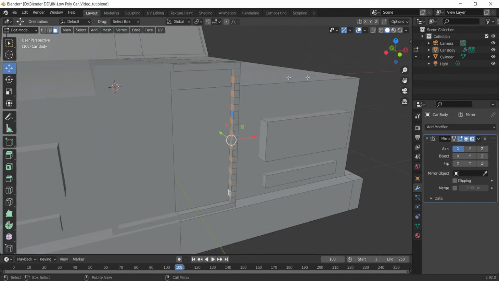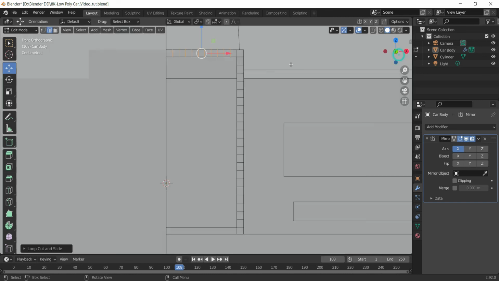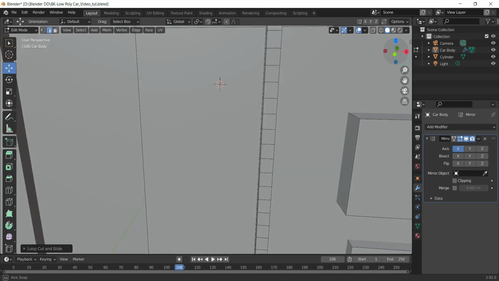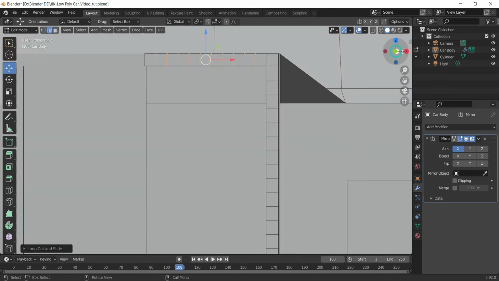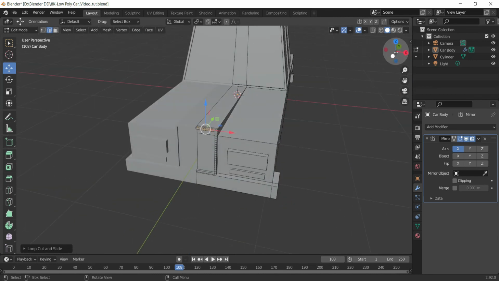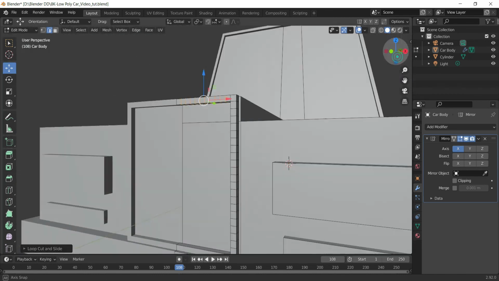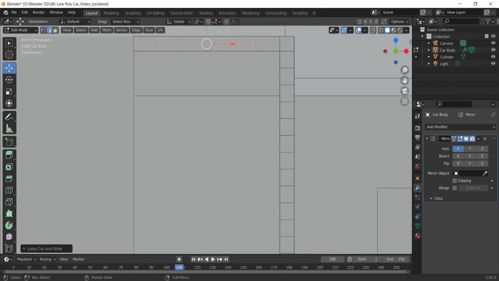Or else what you can do is, you can insert some loop cuts along this side, like this.